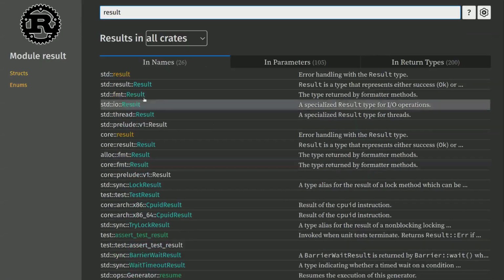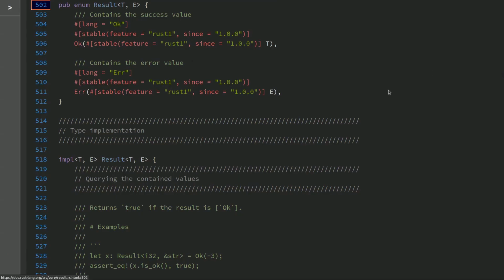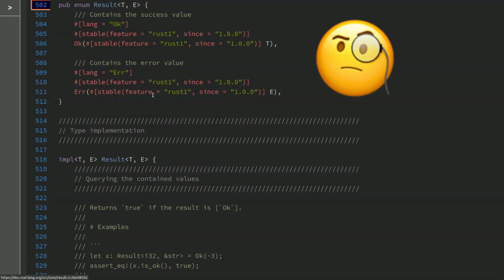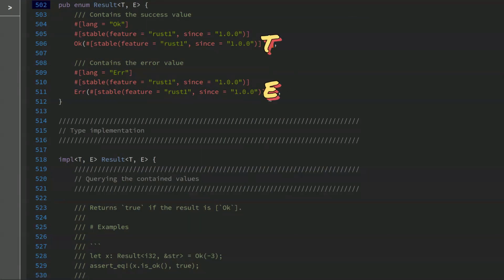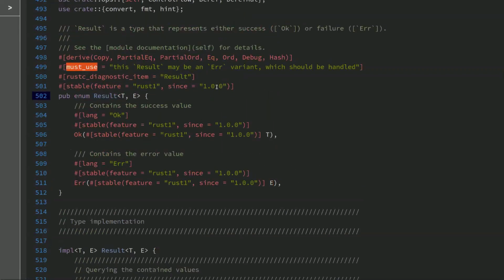The real significant thing about the result type is that it is just an enum, and it is an enum that you could define yourself. The significance comes from an attribute that is provided up the top. So let's just confirm to ourselves, although there's lots of noise around stability and so forth, we have fundamentally two type parameters, T and E, each relating to a specific variant of an enum with an attribute, must use.